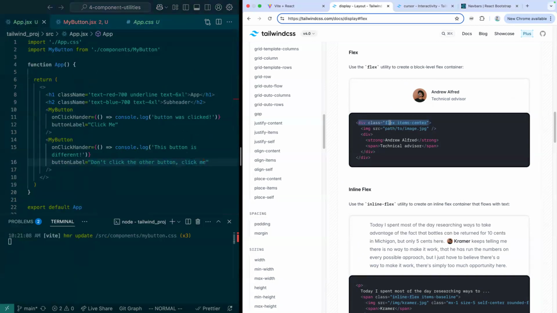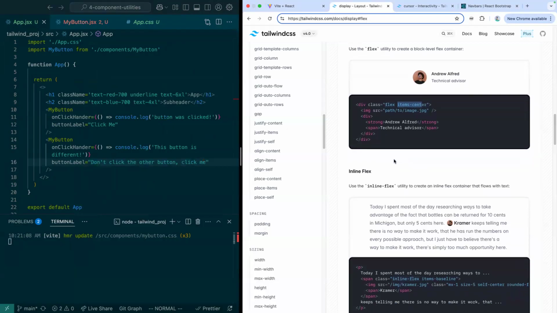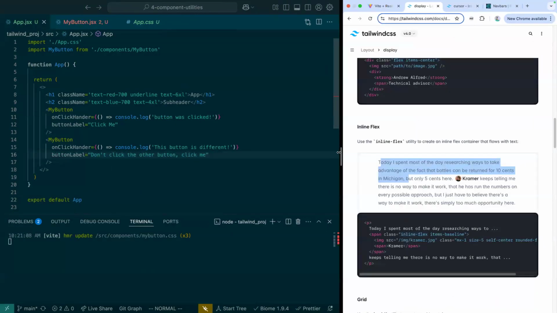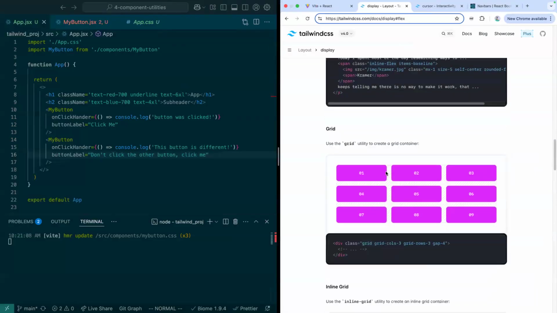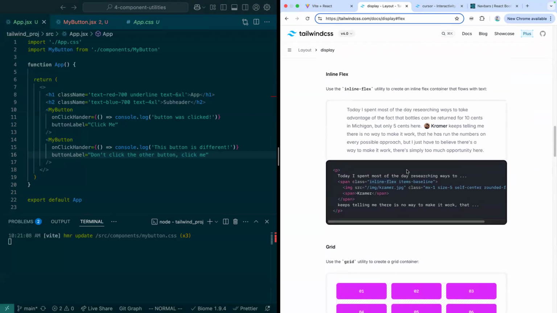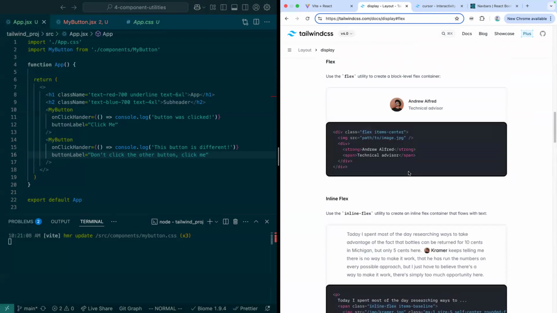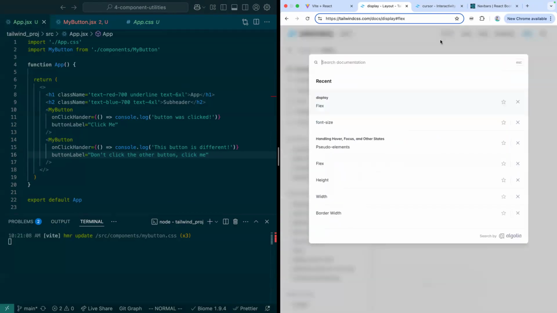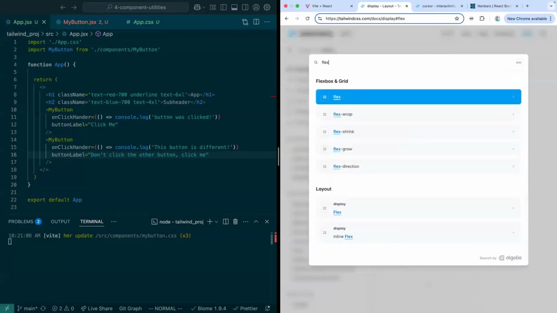Tailwind gives us a lot of utilities that we can use. We've got a flex utility class. We've got an item center class. We've got an inline flex class that flows with the text that gets bigger or smaller. And then there's CSS grid, which we'll get into in just a minute. But let's just go ahead and start building out some simple Flexbox things. And what's also worth noting here is